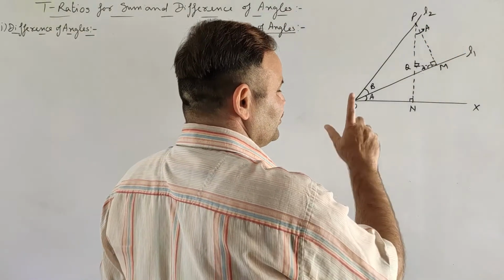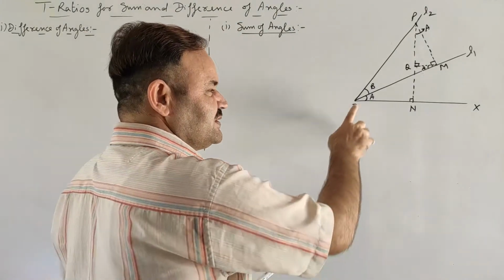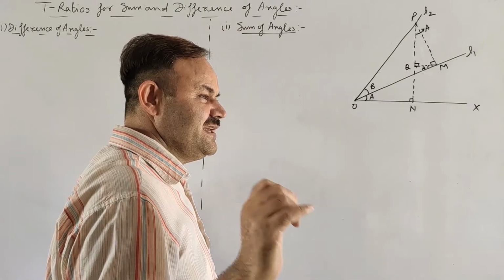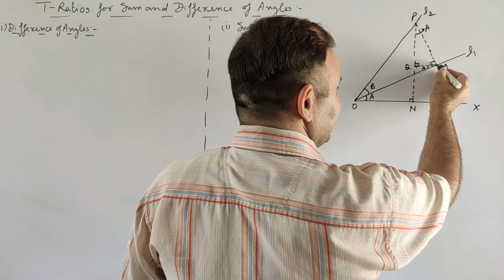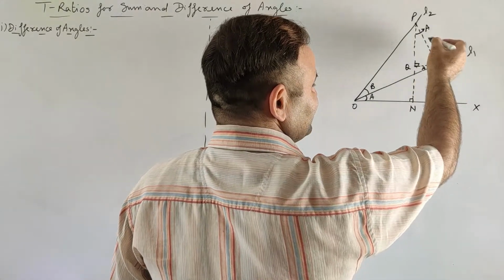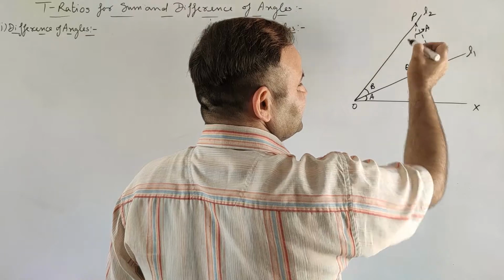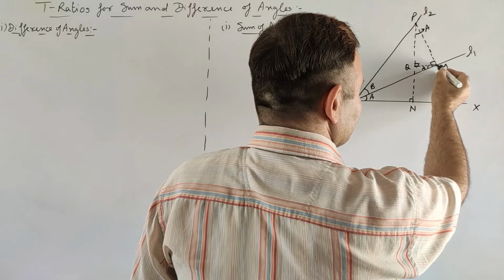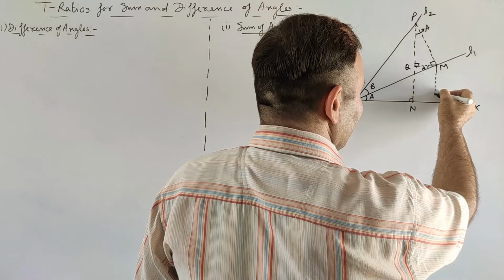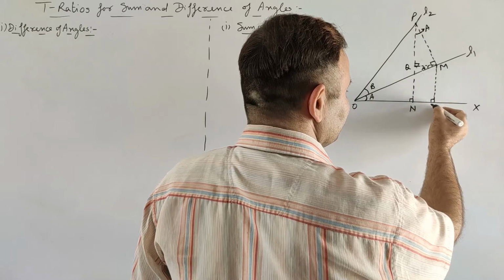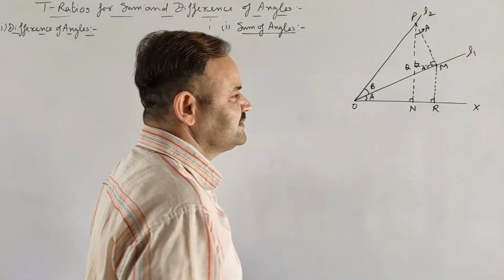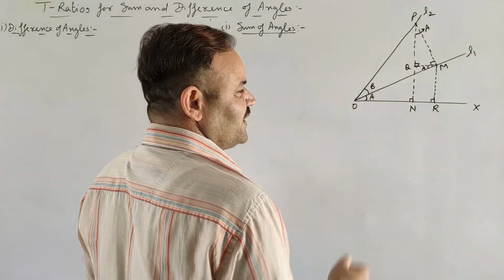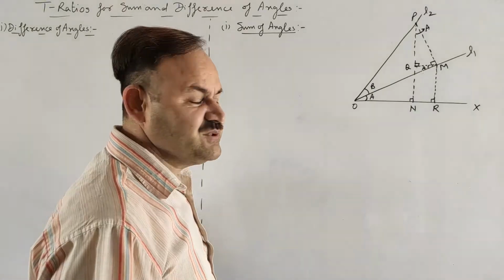Now to find T ratios for angle A, we will be requiring a right angle triangle with angle A as acute angle, and that right angle triangle, although we are having as PMQ with angle A as one of its acute angles, but that can also be obtained by drawing a normal from M on baseline. Say this point is R, then in triangle OMR for angle A, MR will be perpendicular, OR will be base, and OM will be hypotenuse.